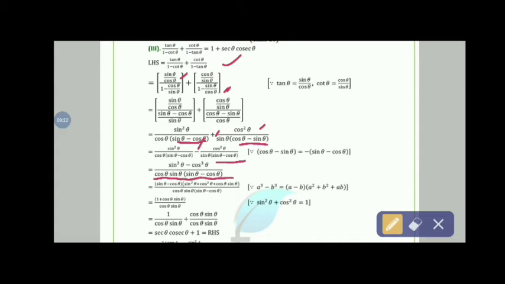So this is coming as sin cube theta minus cos cube theta in the numerator. Then we have the identity a cube minus b cube is equal to (a minus b) into (a square plus b square plus ab). So using that identity here, we are expanding this. We can see easily that sin theta minus cos theta cancels out, and sin square theta plus cos square theta is equal to 1. So we have 1 plus cos theta into sin theta as the numerator, whole over cos theta into sin theta. Now separating both the terms, first we have 1 over cos theta into sin theta, plus cos theta sin theta over cos theta into sin theta. So these terms will be cancelled out.